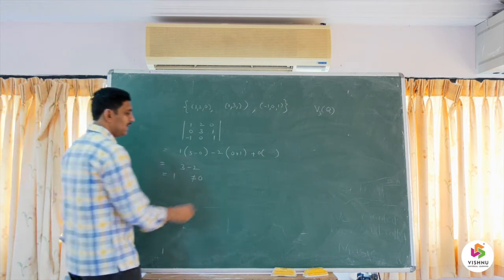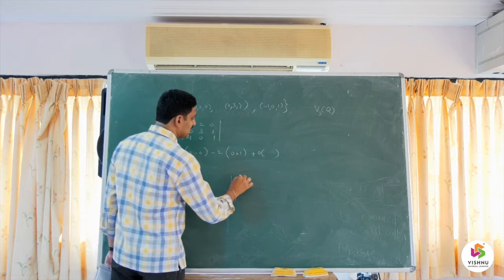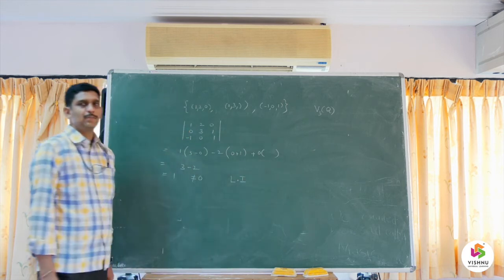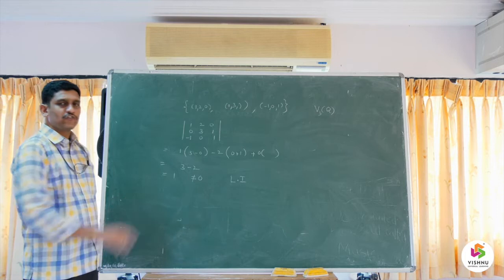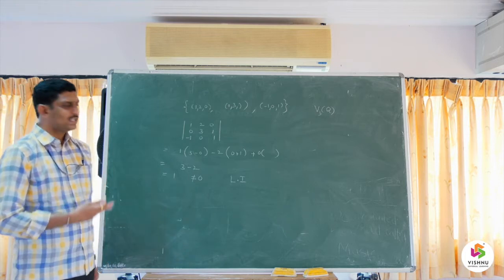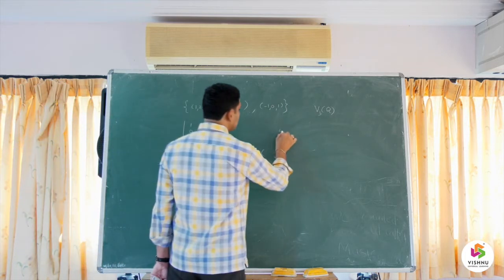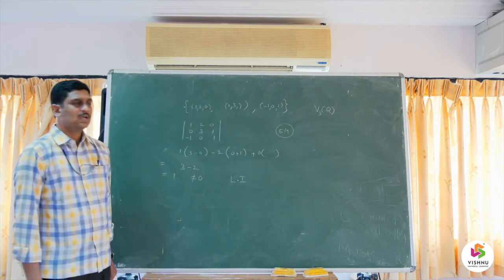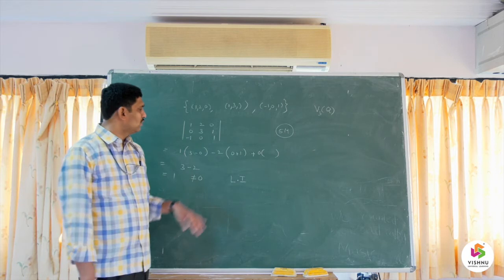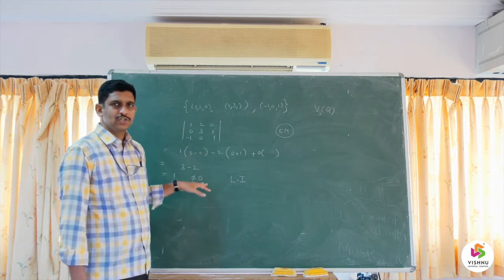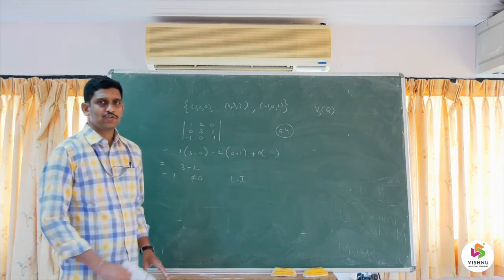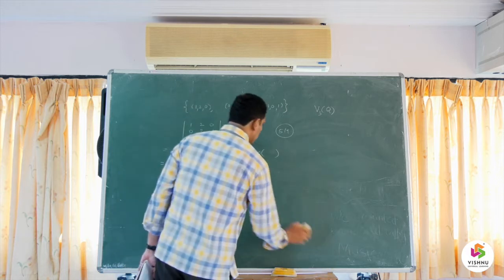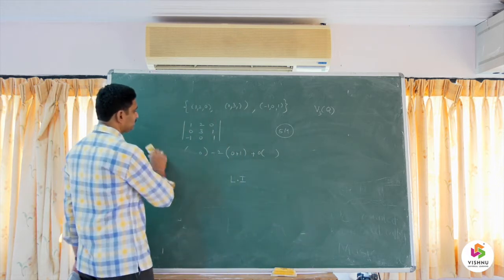Therefore, we confirm that the given set of vectors are linearly independent. So this is the solution of the problem. We apply this technique whenever it is a short answer question given for 5 marks or something else, or a part of a question. But coming to an essay question, we need not follow this approach. We have to go with the traditional approach, the definition approach. So let us discuss this now.